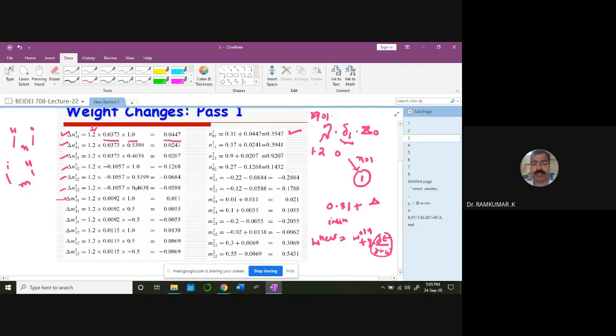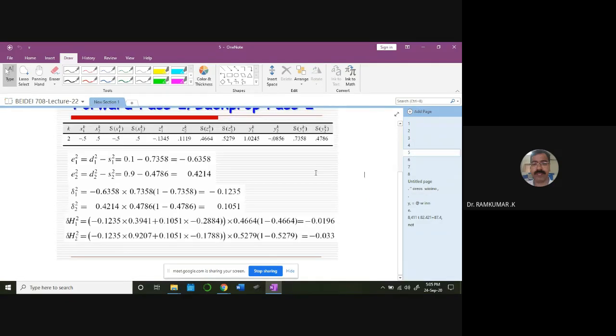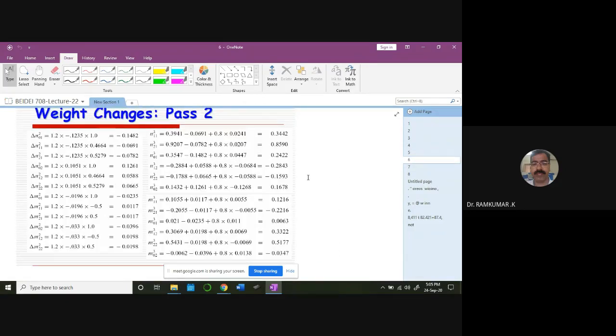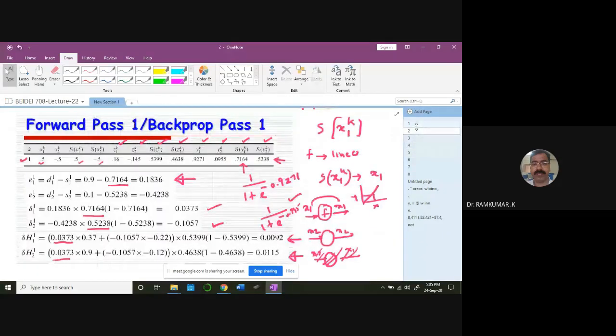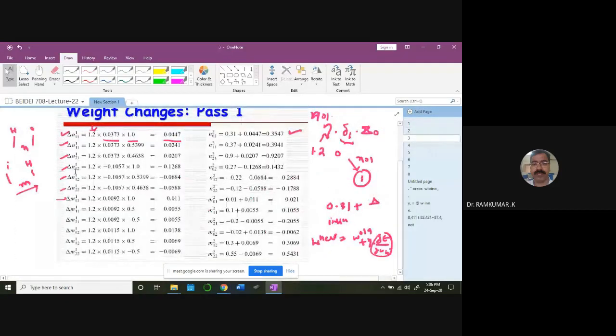In total there are 6 weights, including the bias: 1, 2, 3, 4, 5, 6. In the same manner you can do it for the input to hidden layer also; those weights can be updated like this based on the algorithm. That's the idea. After the first iteration you'll get updated weights, and then you can do a forward pass again with the updated weights and update accordingly. Go through this algorithm once, do a hand calculation once, so that you gain some clarity on what we are doing, particularly how we are updating the weights.